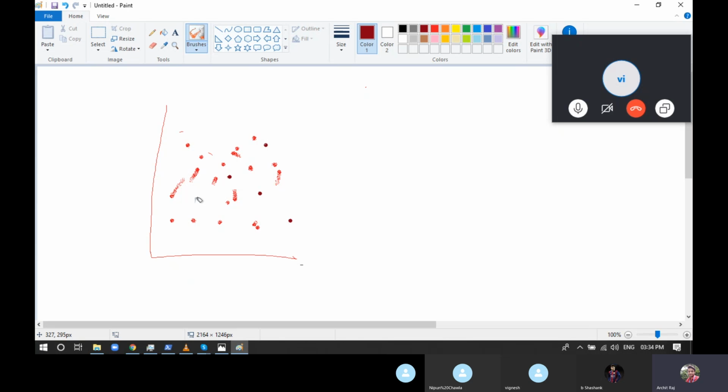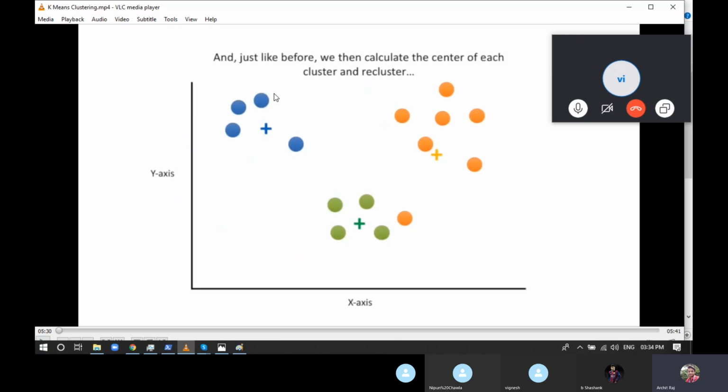So what will be the best condition when WCSS is 0? That's not the best condition. That's the end condition, when WCSS is 0. It means there is no distance between the points and their centroid. That condition will happen only when the number of clusters is equal to the number of data points that you have. If I show you in this example, how many data points we had? 1, 2, 3, 4, 5, 6, 7, 8, 9, 10, 11, 12, 13, 14. So completely 14 points.